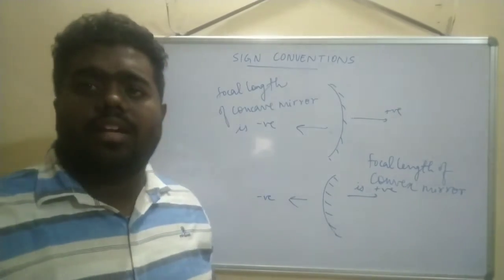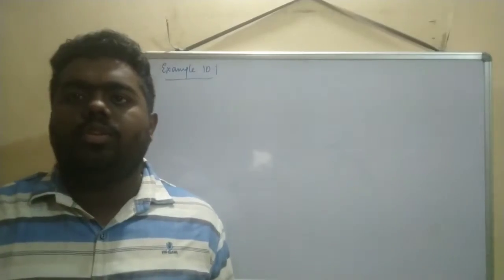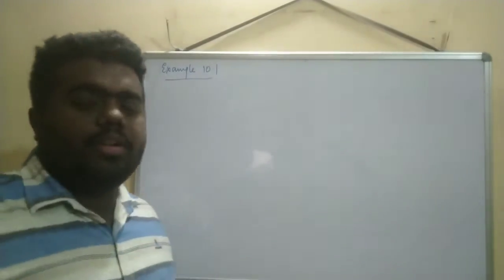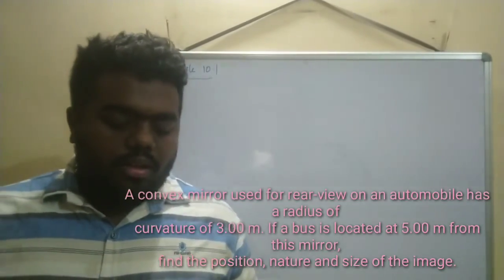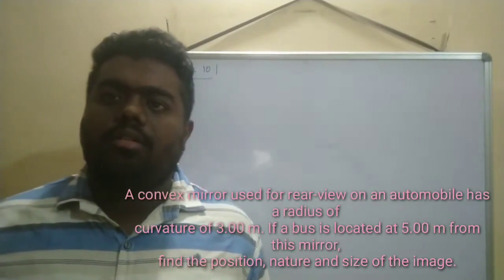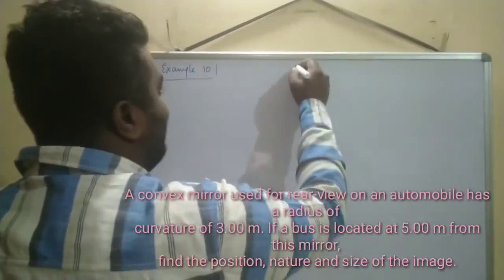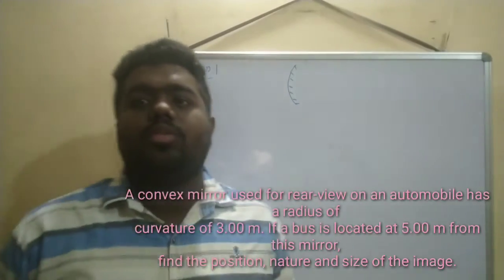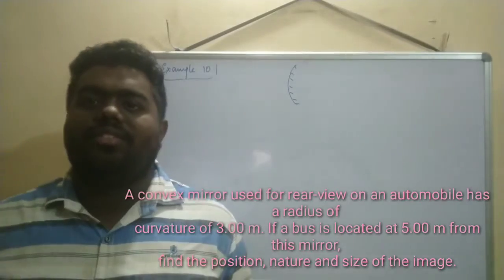Now we will start the numericals, okay. So let's move to the numerical now, starting with the NCERT only. Example number 10.1. Okay, question is on your screen. A convex mirror. Okay, question says for convex mirror. So first we'll see what is convex mirror. और कुछ confusion हमको पता होने चाहिए that its focal length is positive.